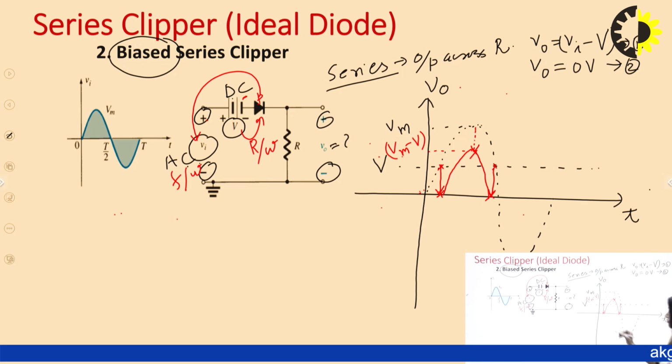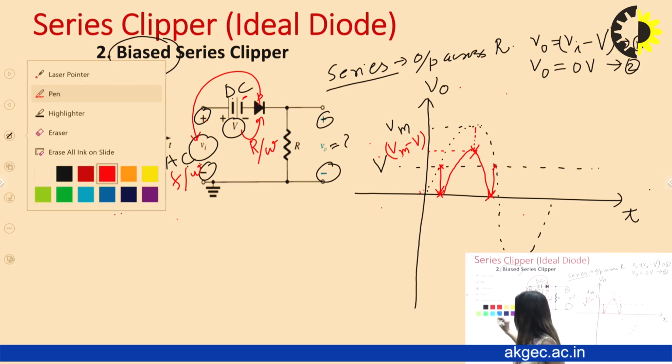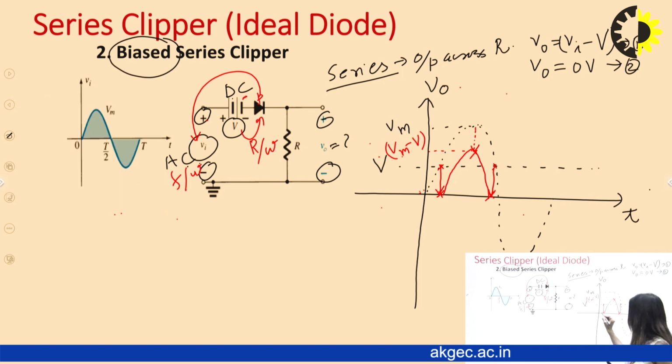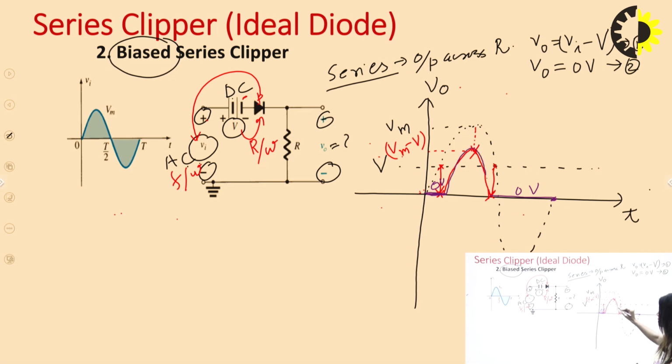Otherwise, the waveform attains the value 0. Everywhere else the value is 0 volt. So this is how my waveform is. It is 0, then it is like this, and this is the output voltage waveform for the